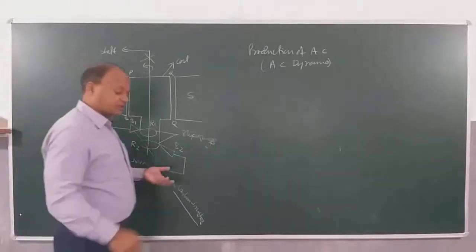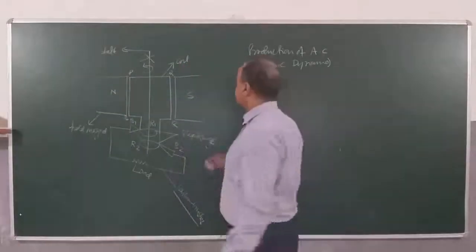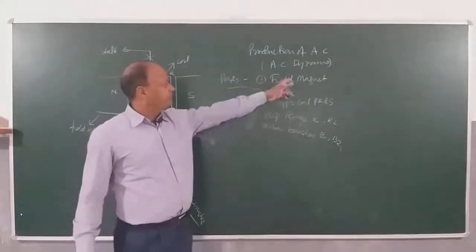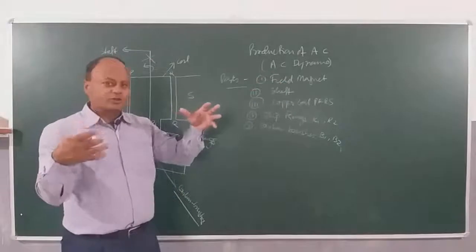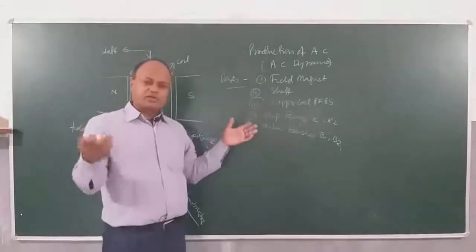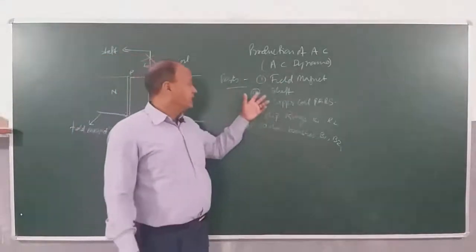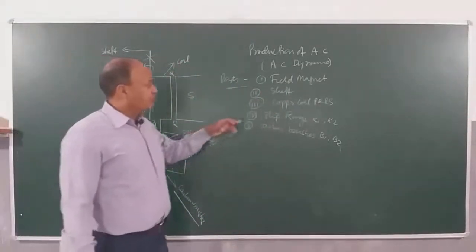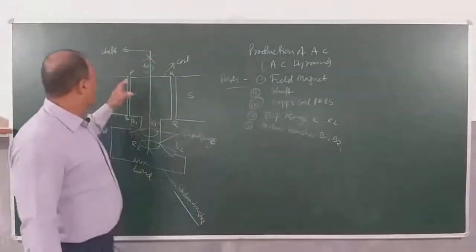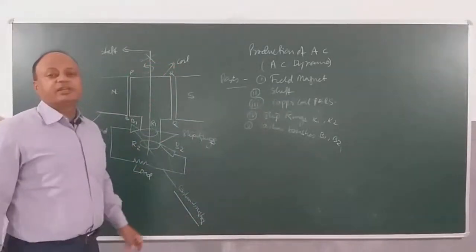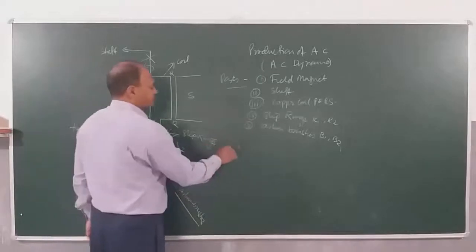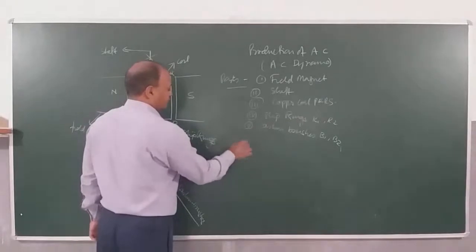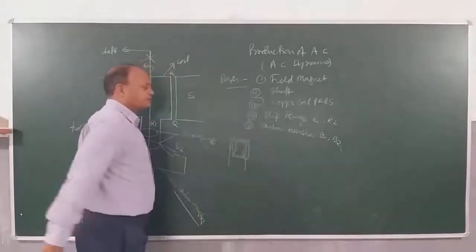So this is the simple construction. So the parts are: we have the field magnet, which are poles of a magnet. It could be permanent, it could be an electromagnet also, generally permanent. Then the shaft is the rod on which the coil is mounted, it's like a spindle. Then you have copper coil PQRS. Here you have shown only one turn, but there will be in fact a very large number of turns, children, that the coil will have.